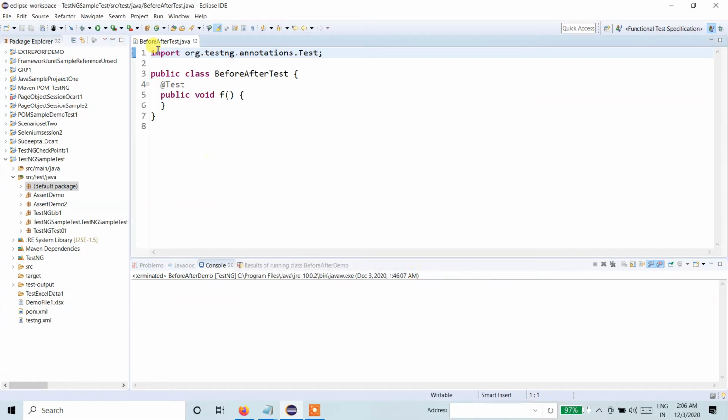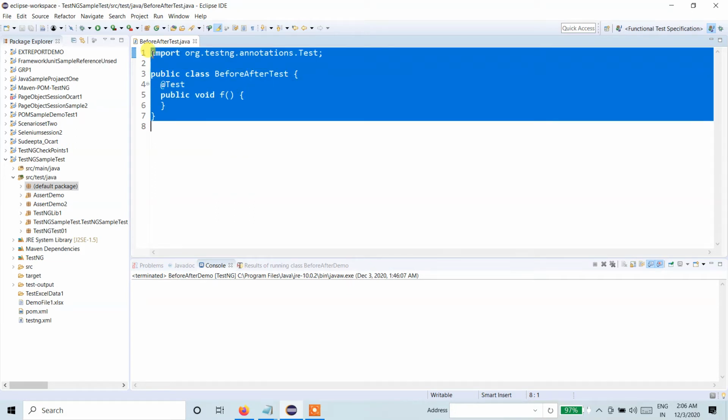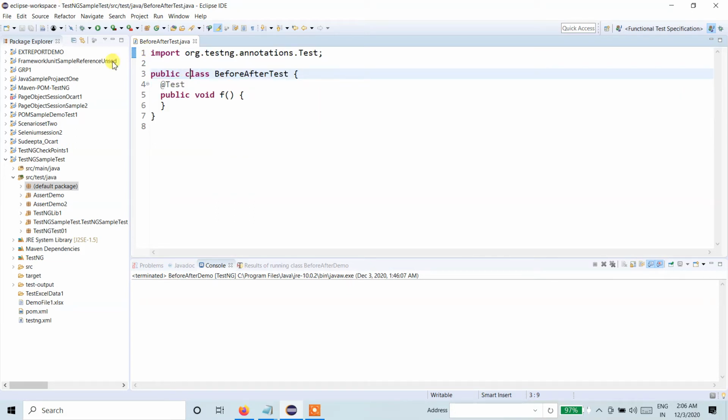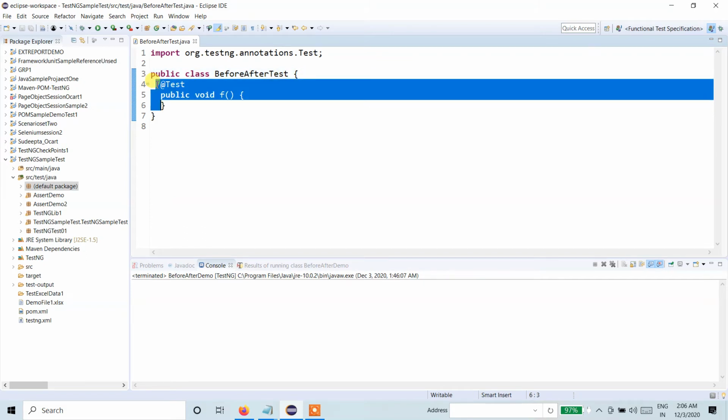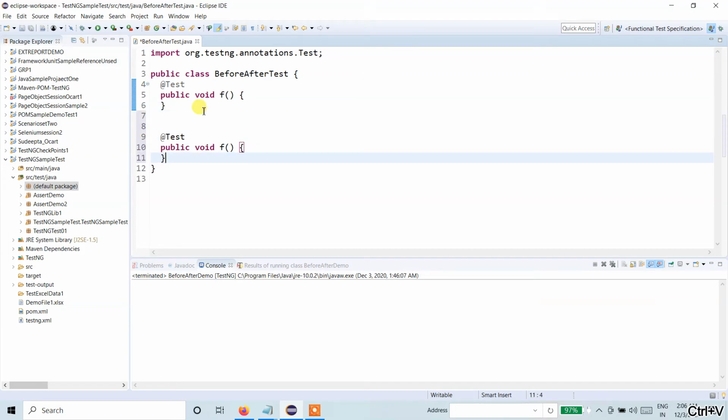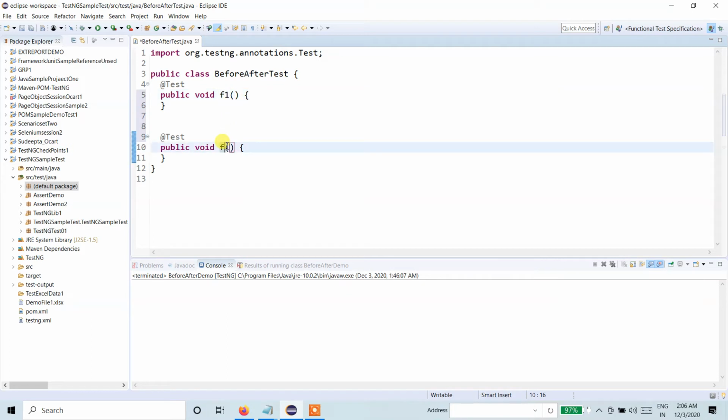Now my template code has been generated for the TestNG test case. One test annotation is already there, and I need to create one more test annotation as well. We have already spoken about the test annotation in the previous video, where we created different test annotations with priorities, so I'm not going to repeat those concepts.